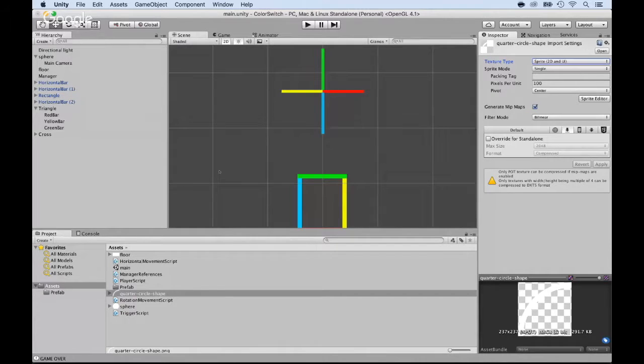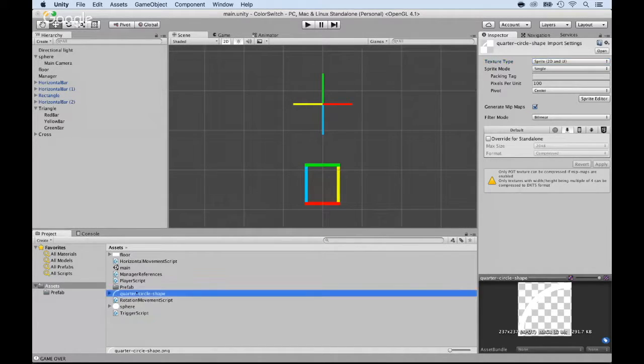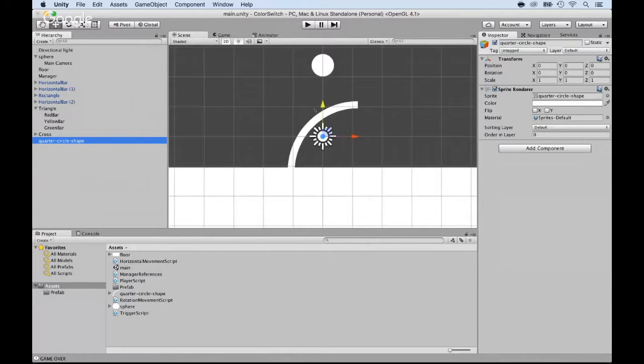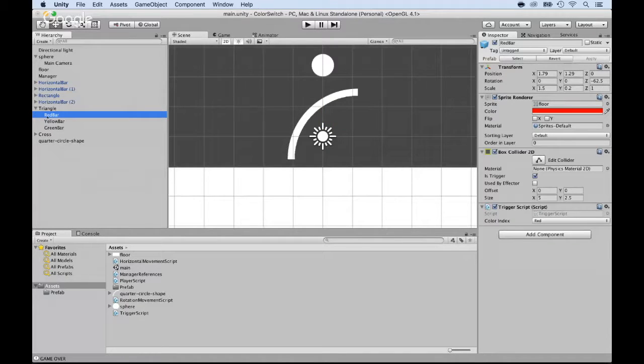All right, now I can drag and drop it here inside of my game. So I'll drag and drop it. And if I double click on it, check this out, we just have one piece of the circle. Now I'm going to create an actual object out of this. So something that you guys should remember is to add the same thing as on the red bar,